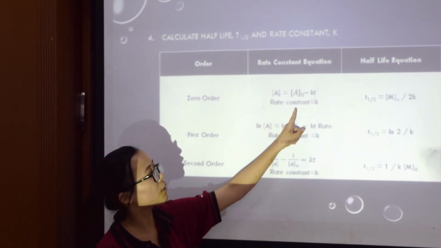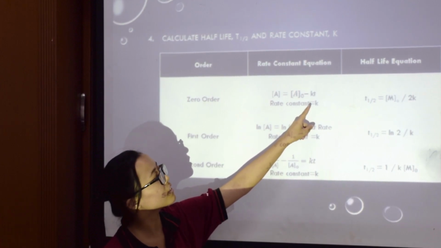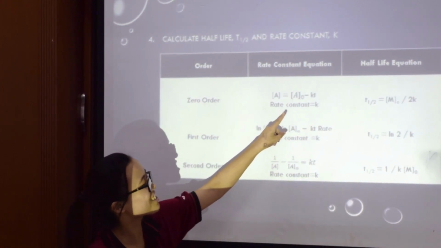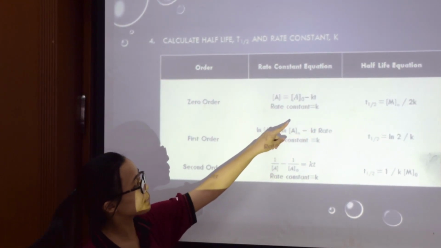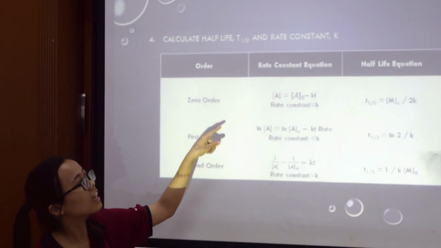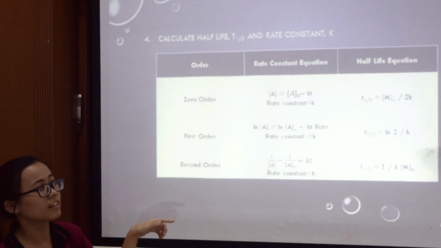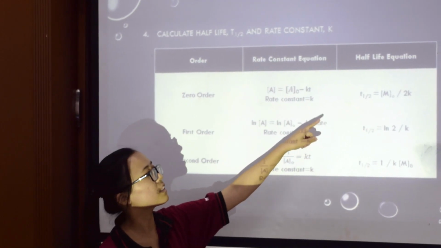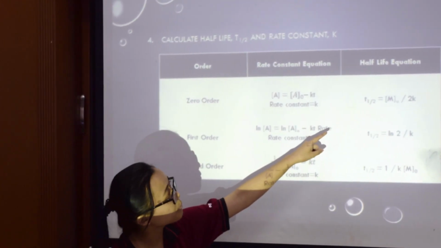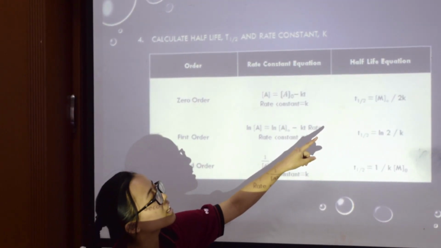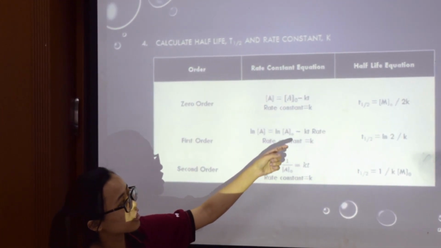Then the rate constant k we can get from the gradient of the graph,